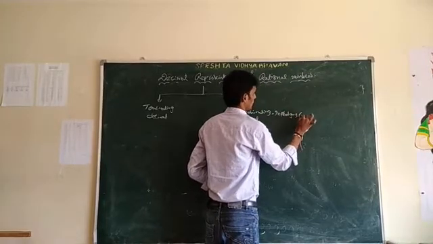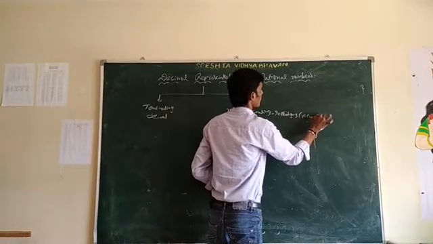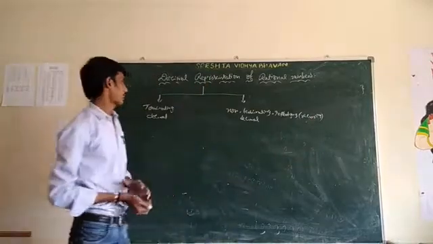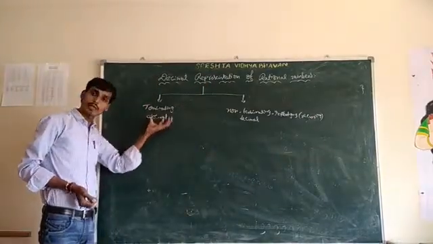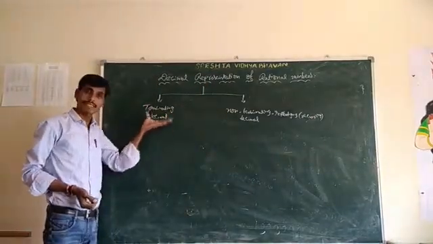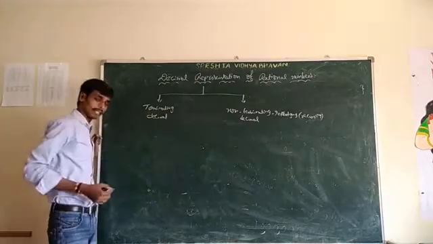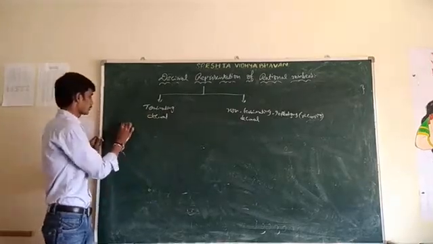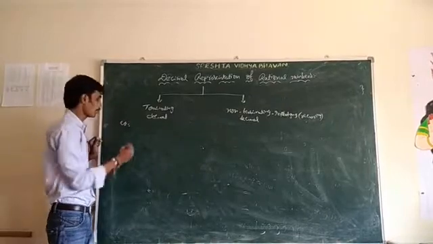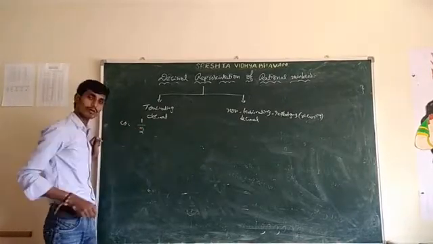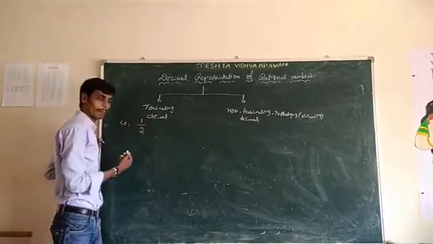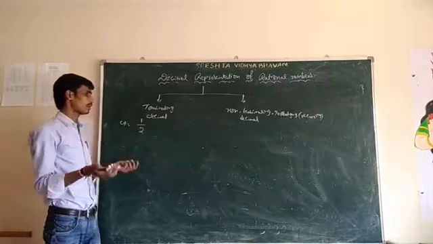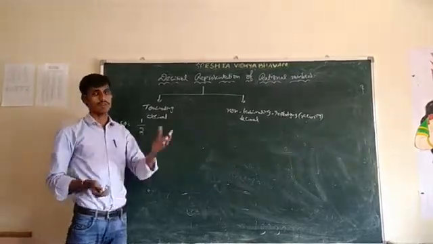Repeating or recurring. So first we discuss terminating decimals. Again I take the example 1/2. What is the value of 1/2? Generally, if the number is large, you have to divide with long division.